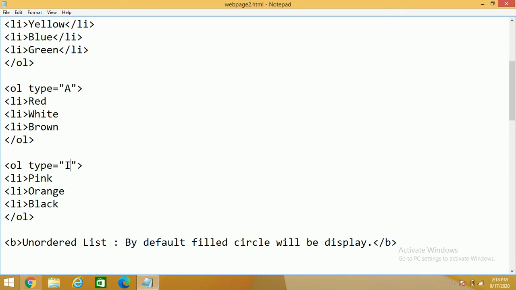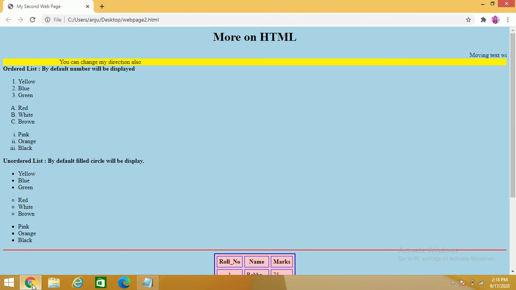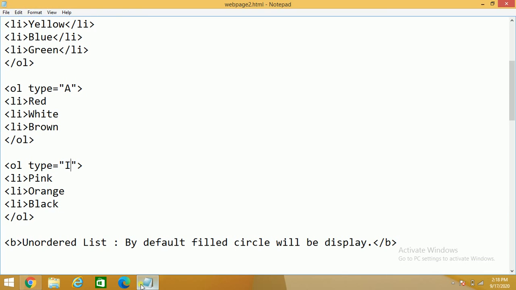Same thing you can do with the capital I, capital. And if I will execute this, now I have made the changes. If I will press F5, now you can see I capital में आ रहा है, आपका रोमन नंबर ये सारे कैपिटल्स में आ रहे हैं. सो दिस इज अप टू यू वेदर यू वांट टू गिव इन स्मॉल लेटर और कैपिटल लेटर. एवरीथिंग विल बी डन हियर.